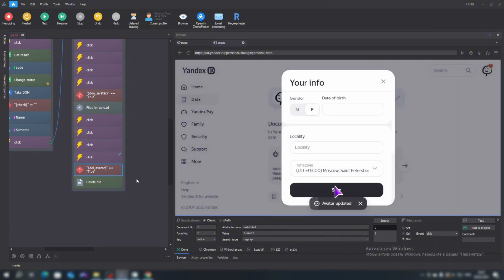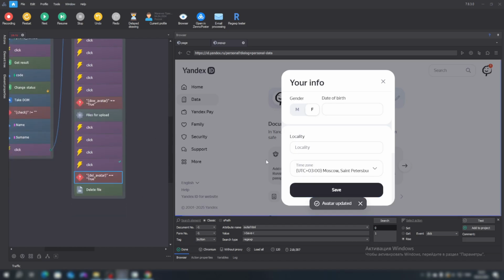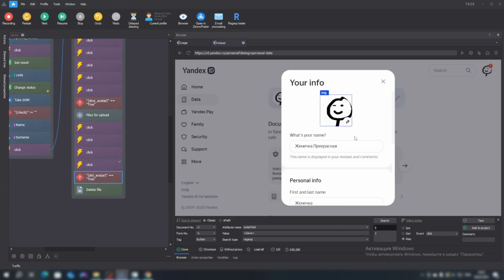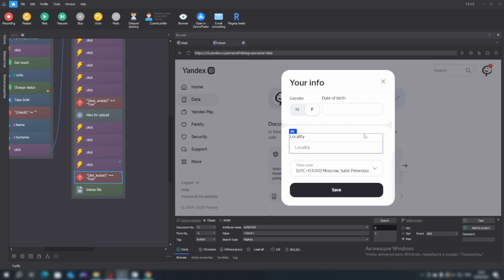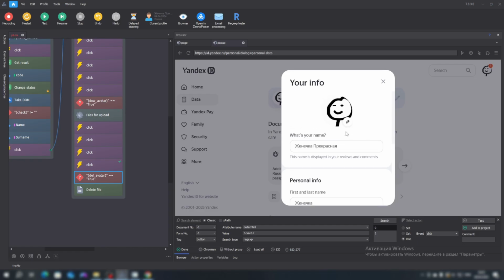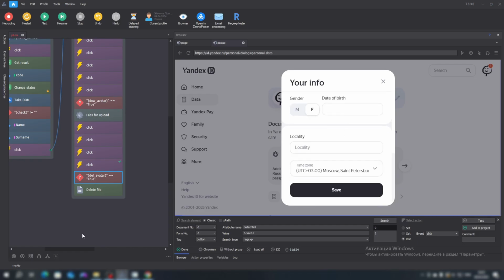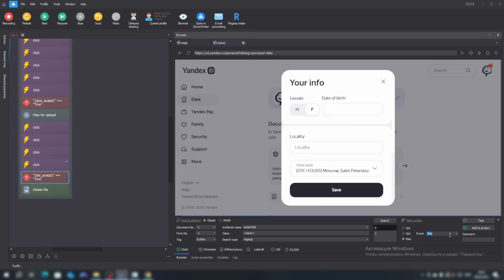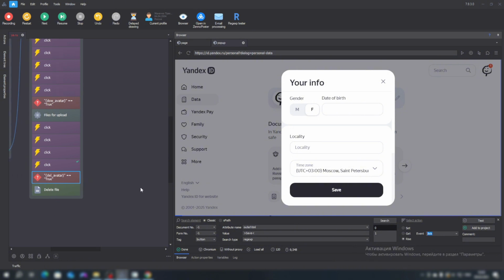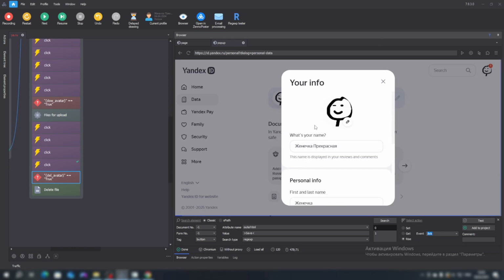Next, as it was at the very beginning, to select gender, enter the date of birth, and enter the city, we need to scroll down the questionnaire. For this, there is a special action in Race. It's called Focus. Now we will create it. Let's imagine what we have at the very beginning, and we want all elements to be visible, focusing on the Save button.